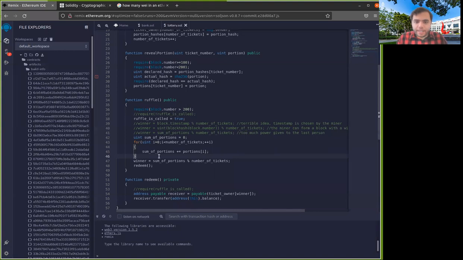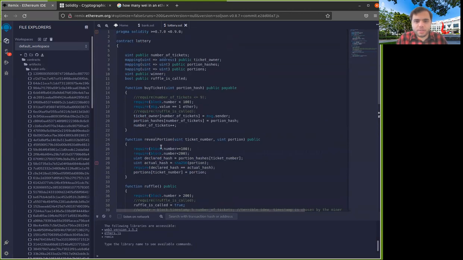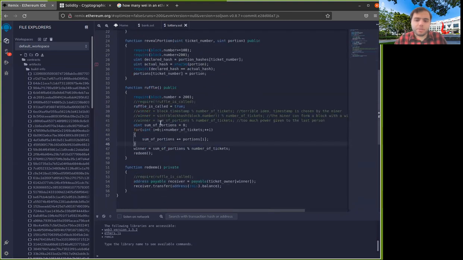Now, if the number of people who take part in my contract becomes really large, suppose that I have a really popular lottery and, for example, I don't know, 1 million people bought tickets in my lottery, then I will not have enough gas in one block to even call this function, right? So whenever I call this function, let's say it needs now more than 30 million units of gas because maybe I have a lot of participants, then the function call would fail. I will just get an out of gas error because I can pay at most 30 million gas in each block.